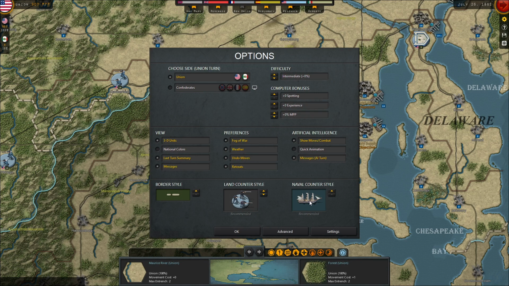And in terms of units, you can change the style for the naval units there. You can change the ground units. I don't know if NATO counters are an option. I don't see... Yeah, if you get rid of the 3D units, you can use the NATO counters. I like the 3D units personally, but...